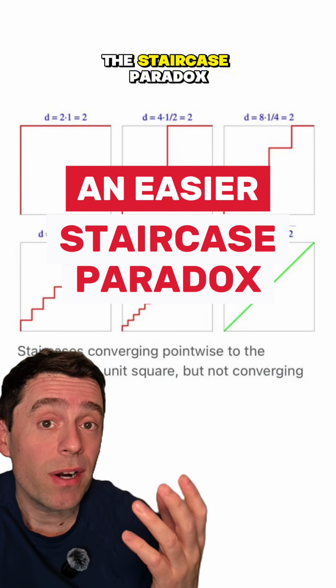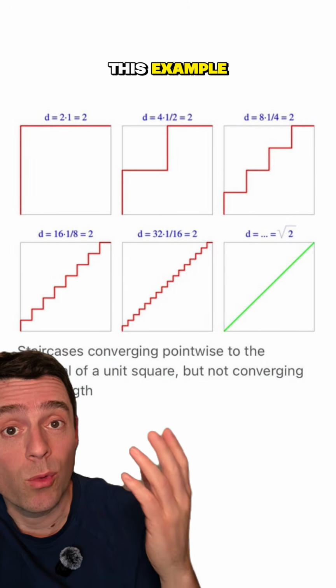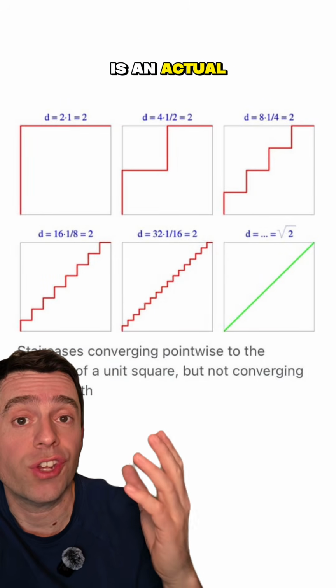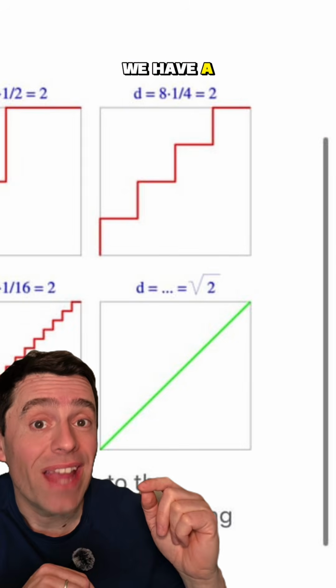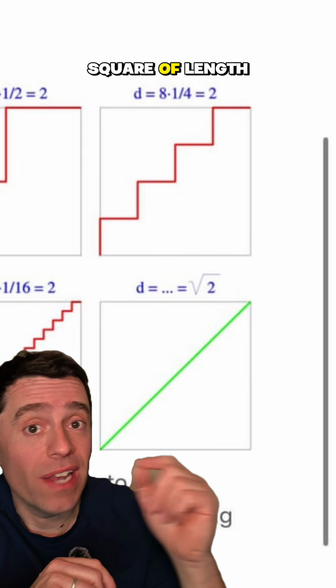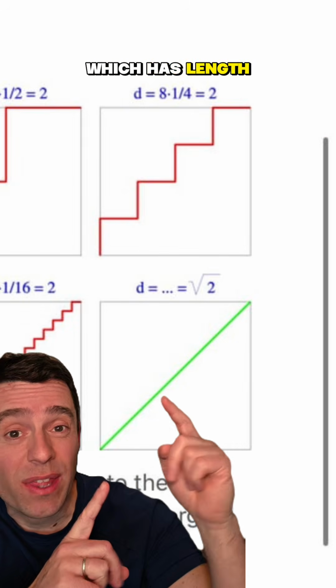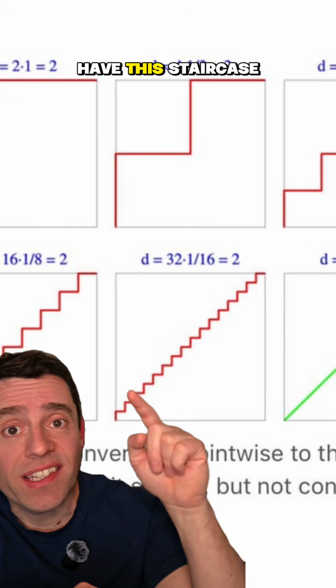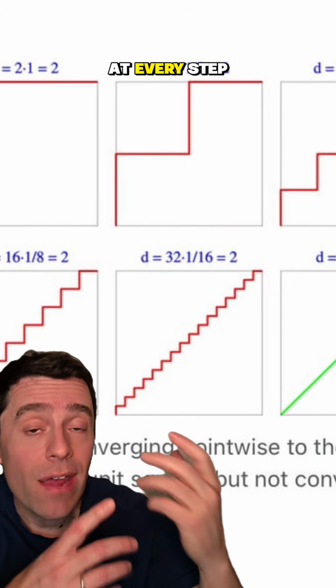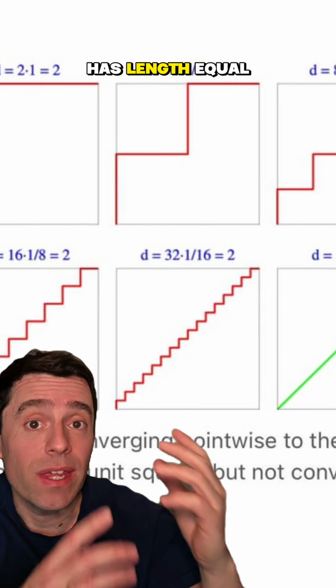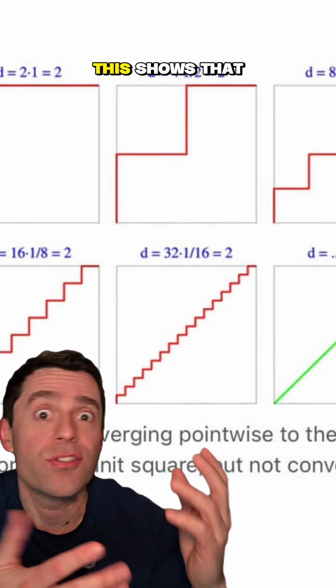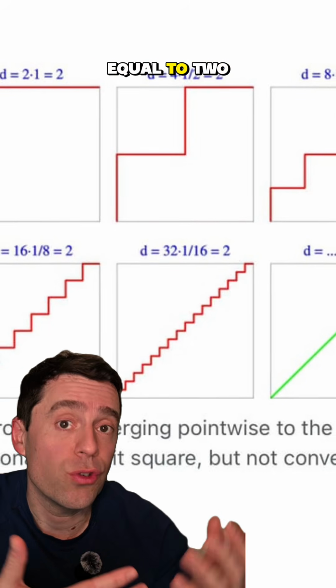Usually, the staircase paradox is presented through this example where the curve is an actual staircase. We have a diagonal for a square of length 1, which has length the square root of 2, and then we have this staircase curve that at every step has length equal to 2. And then people say this shows that the square root of 2 is equal to 2,